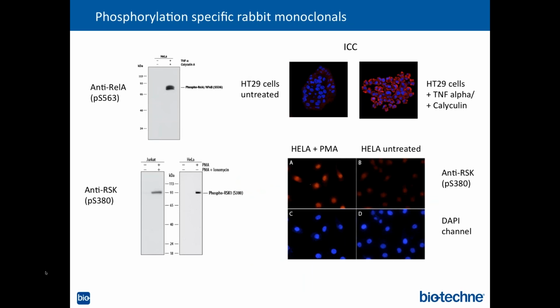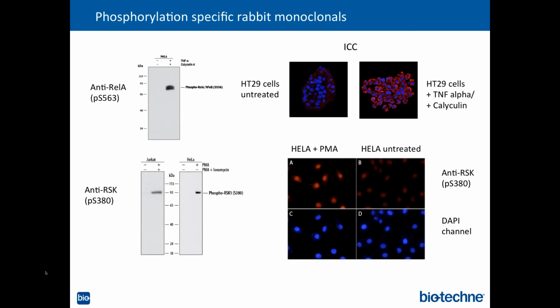In addition, I wanted to bring some data that is a more classic type of target line for rabbit monoclonals. So the rabbit immune system is able to recognize small haptens better than a mouse system. That has been also described in the literature over years, and it's a known phenomenon of the rabbit immune system. So a lot of people are taking advantage of that and making rabbit antibodies towards phosphorylated targets. And again, we built a whole line of phosphorylation antibodies in the last 2 years as well, and I wanted to show you 2 examples from that